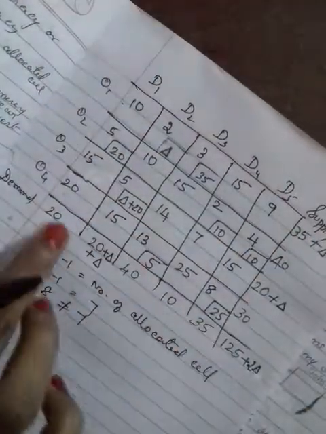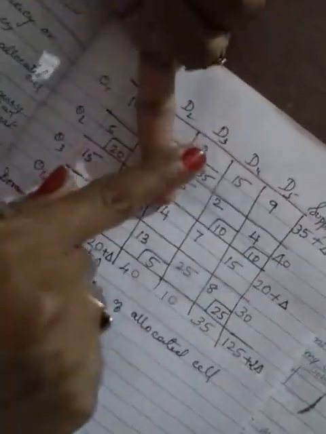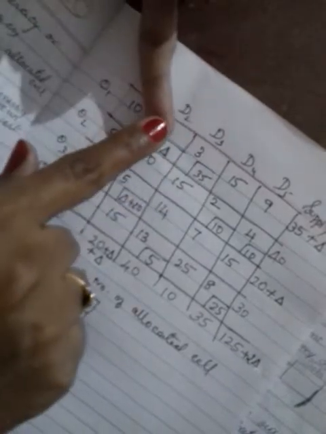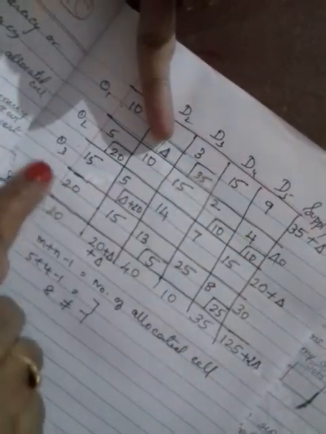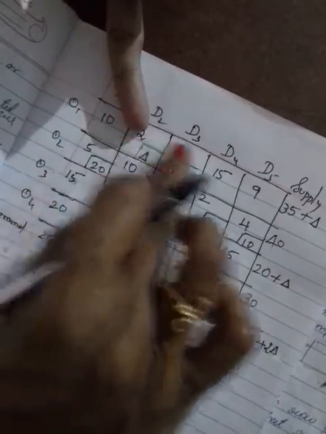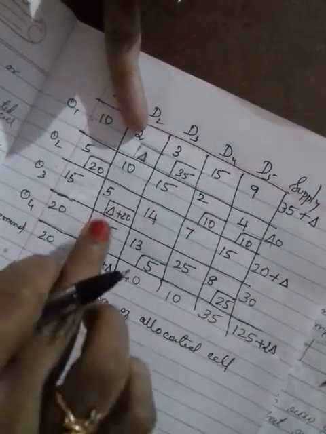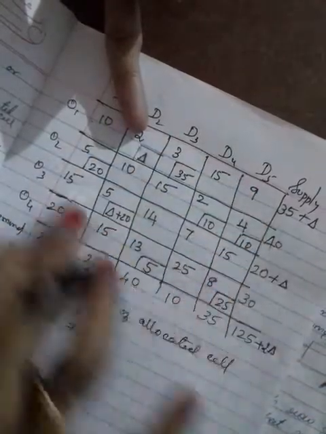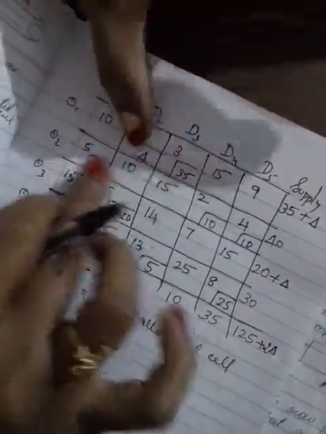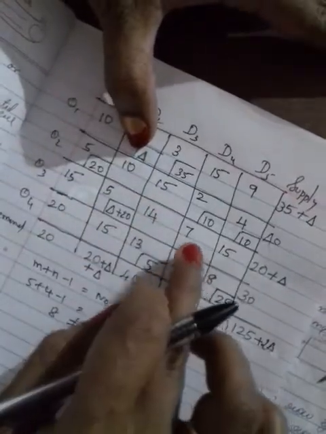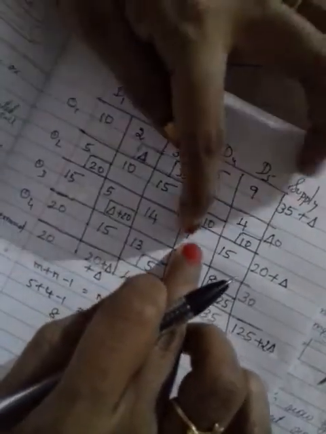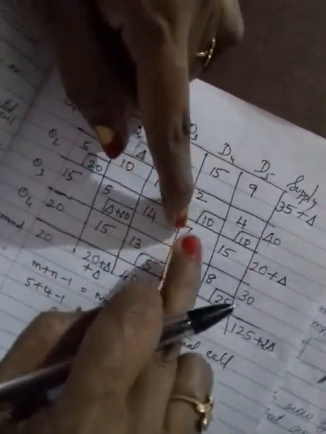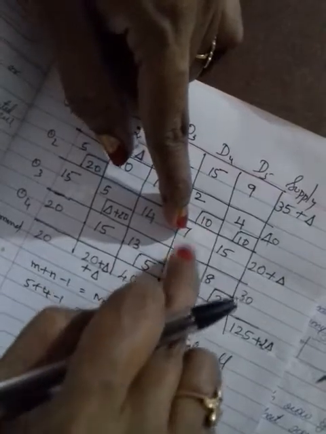So now you know how to assign your delta value. Among the unoccupied cells you have to select the least value, that is criterion number 1. After selecting the least value, you have to check whether you are getting a closed loop or open loop. If you get a closed loop, then ignore that particular cell. Again you check the unoccupied cells for the minimum number. So 7 is the minimum number. You check whether you are getting a closed loop or open loop. If you get an open loop, then you select this particular cell to assign delta.